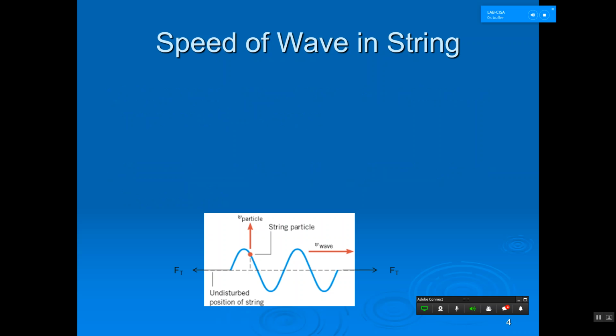All right. So, in any case, we're talking about the speed of a wave. There's a derivation for it. I'm not going to take you through it because it has to do with the tension force and a lot of derivatives, and I don't want to get you into that. But essentially what you come out with is that the velocity of the wave on a string is equal to the square root of the tension force divided by mu. And mu is the mass per length density of the string, which is very important too.